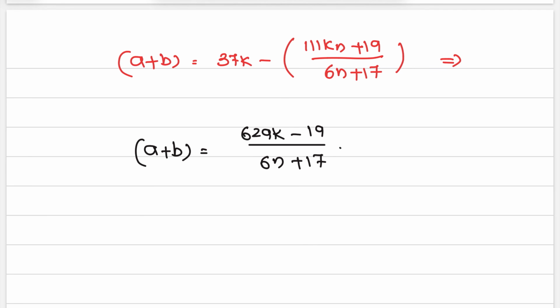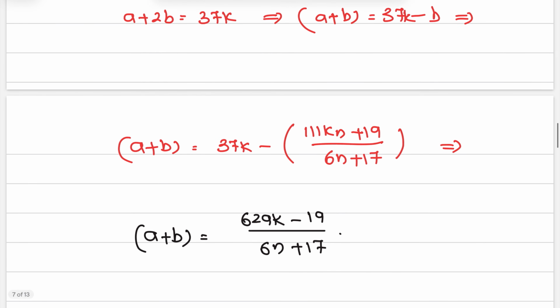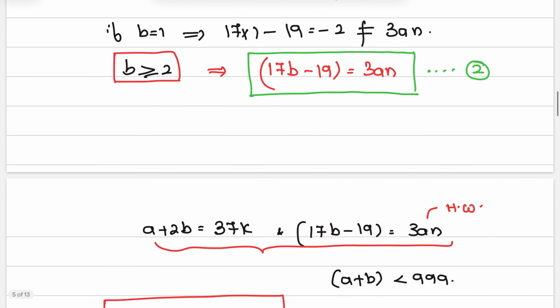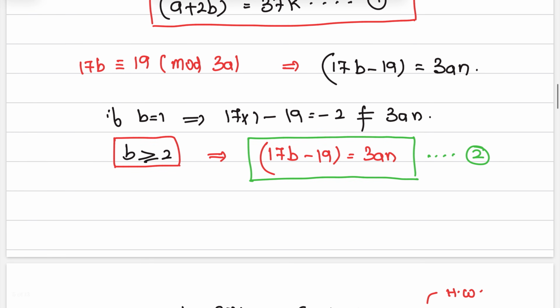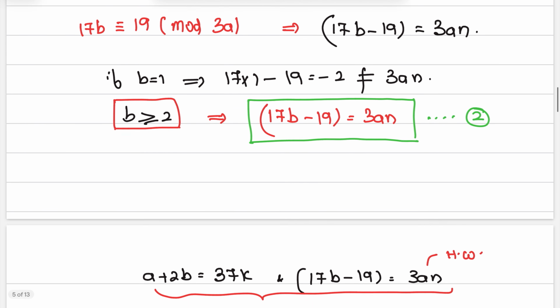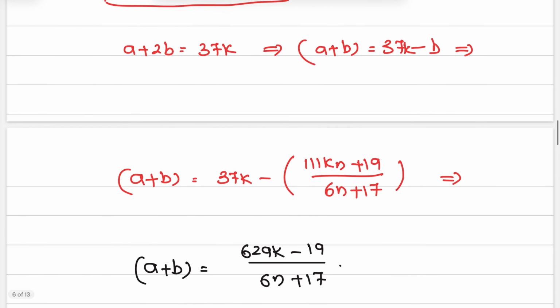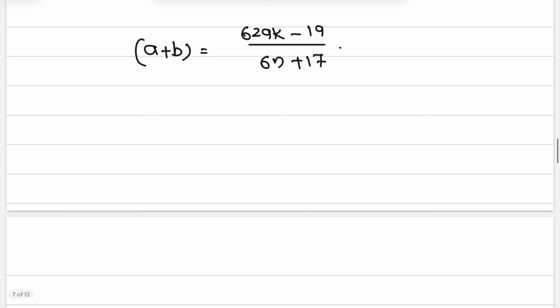We know that n should be, b should be greater than or equal to 2. That is one condition we have. And there should be some upper limit for b also. That also we will be finding. Now we will go into the